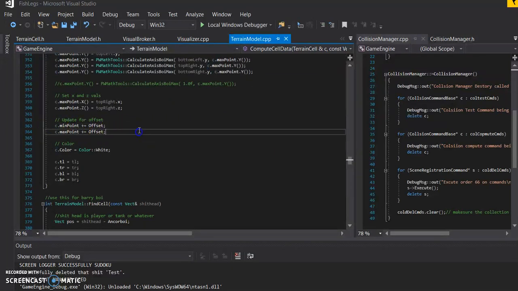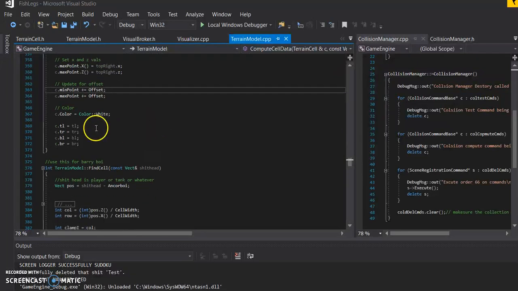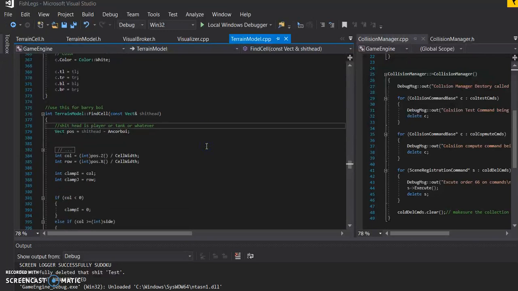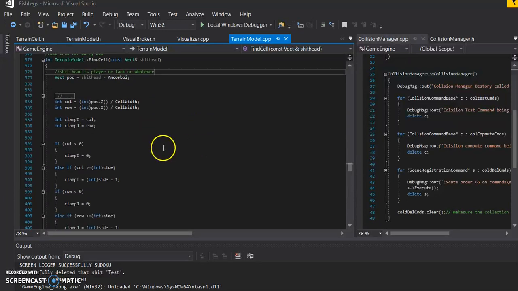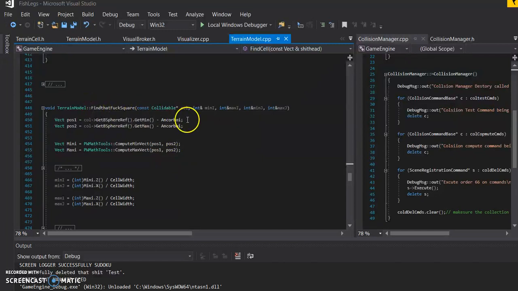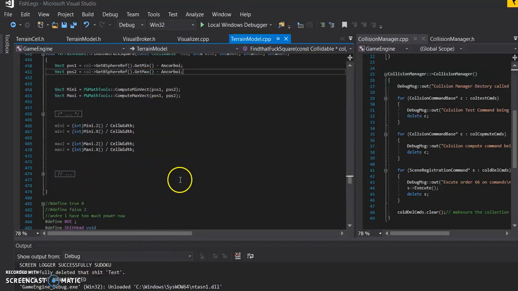Don't mind this offset. This offset was used before when I was testing setting the terrain in the center. I gave up on that only because I was running out of time. There's the 4 vertices, and then this find cell I was going to delete, but it turns out I use it specifically for barycentric. Again, with the clamping, I could have fixed that better. Here's the magical find square, which essentially grabs a collidable and then sets these min and maxes that are passed in. The collidable gives its B-sphere, which essentially gives the AABB volume, and does as such to set